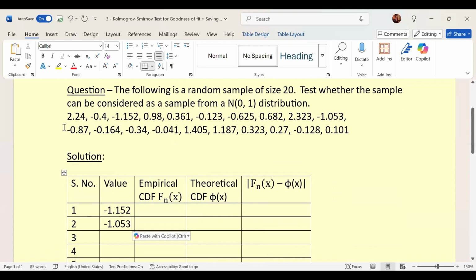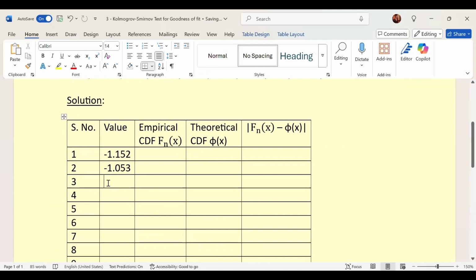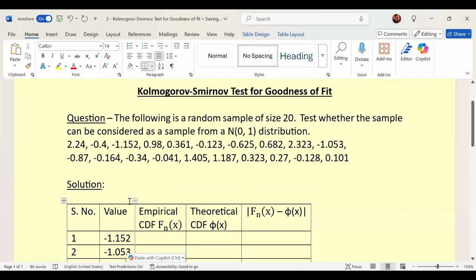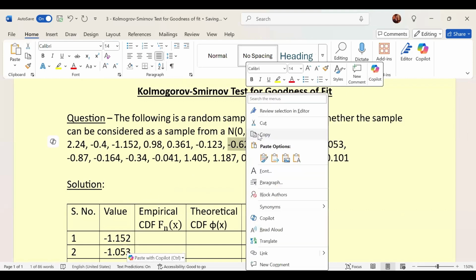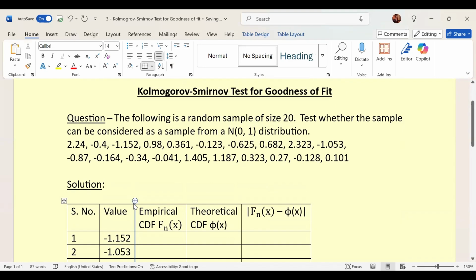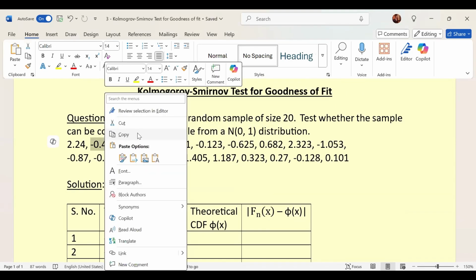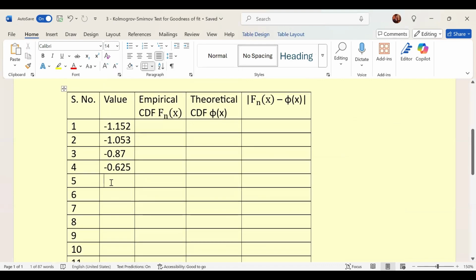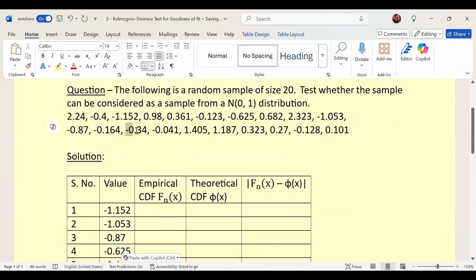Then the next least is negative 0.87. Then negative 0.625. Then negative 0.4, then the next least is negative 0.34,